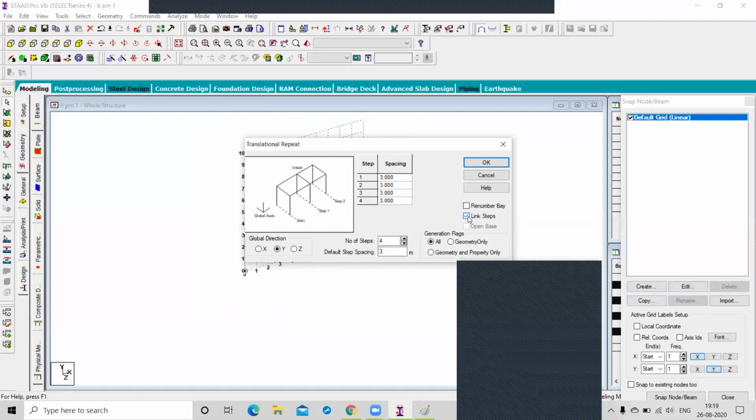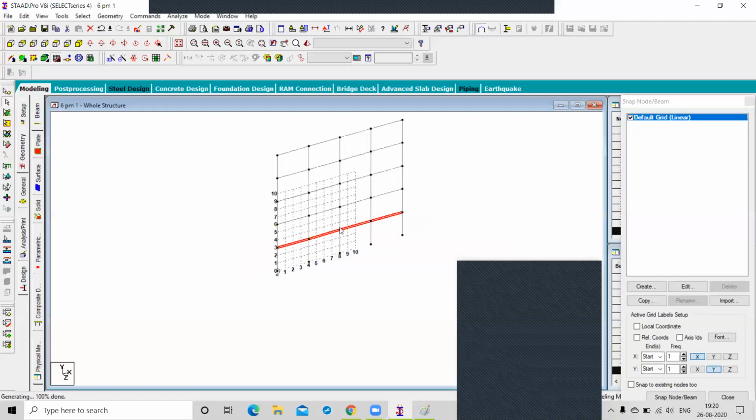And the link step, this time the open base is not enabled. Why? Because we are working above the base. Y axis, click on OK. So the required figure is created by the translation repeat command.